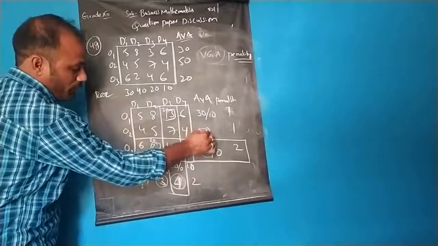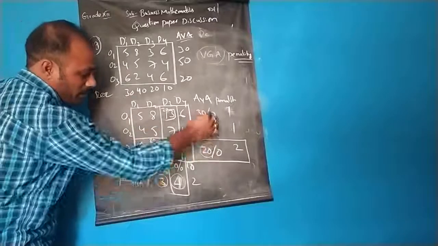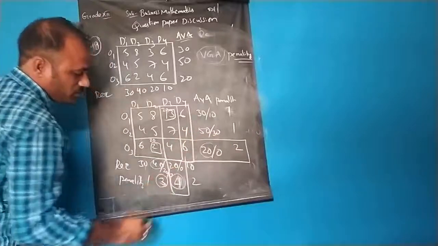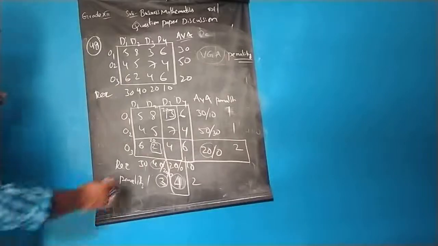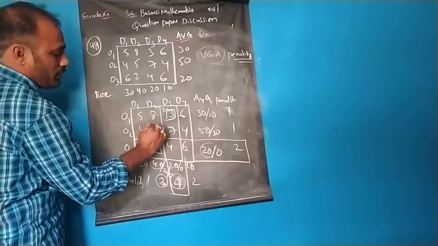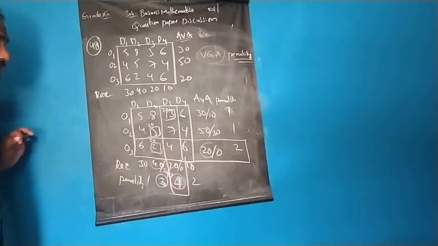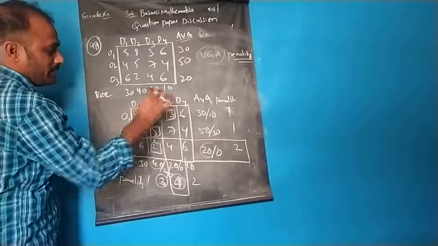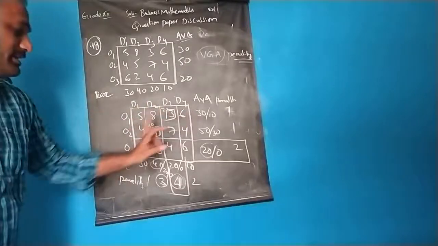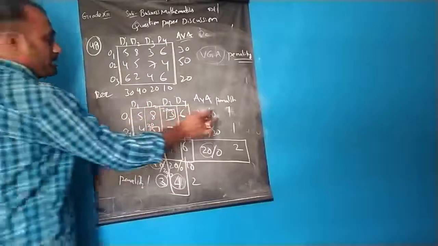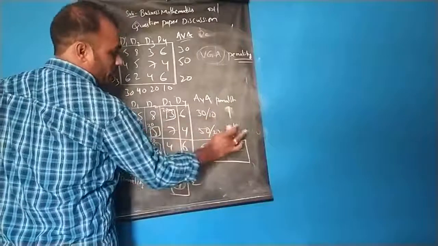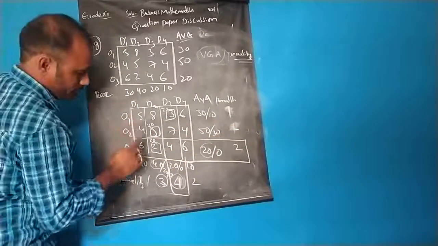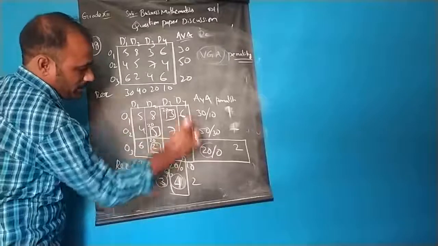So for 5, here 50 is there, here 20 is there. 50 and 20. So 50 minus 20 is 30. 20 minus 20 is 0. Since I am subtracting 20, I have to write 20 here for 5. Since I am getting 0, this total column is eliminated. Now I am left with 5, 6, 4, 4. So 5 minus 6 is 1, okay. 4 minus 4 is 0 penalty. And 5 minus 4 is 1 penalty, and 6 minus 4 is 2 penalty.